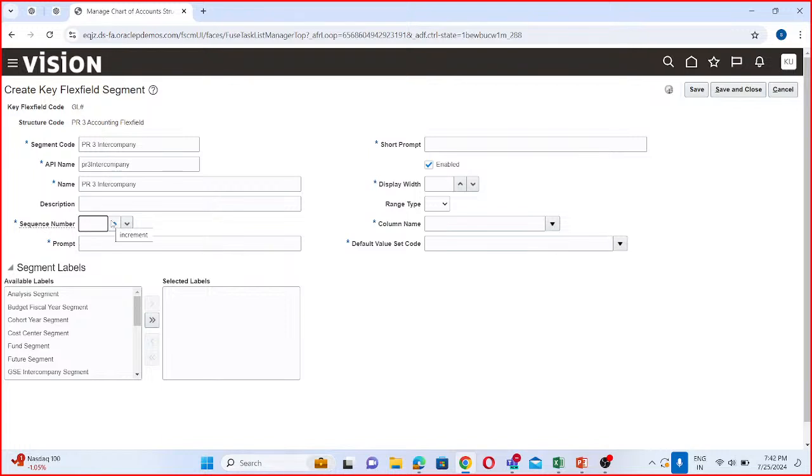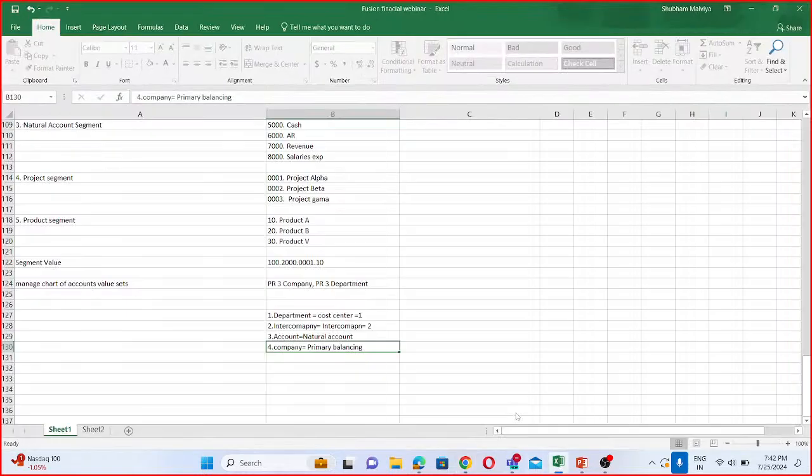Just a second. Intercompany sequence we will check from here. Intercompany should come the sequence number second,